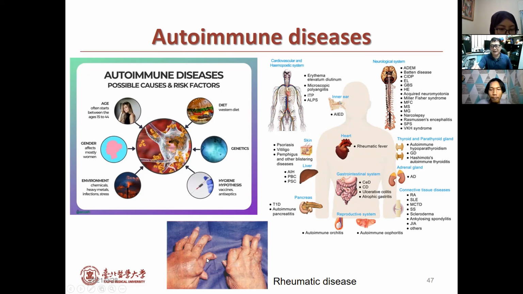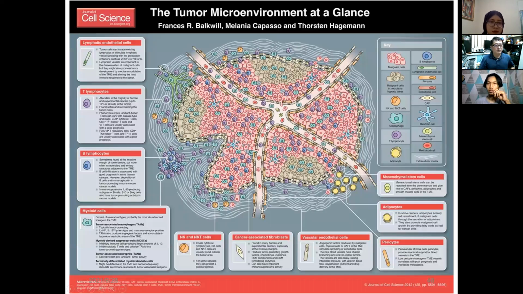What happened? They eat their bone, right? And a lot of things. You see, that's the reason. Okay, that's autoimmune disease. And also, I'm using this figure to tell you that, as I told you, immunity is very important for defense, for cancer development,